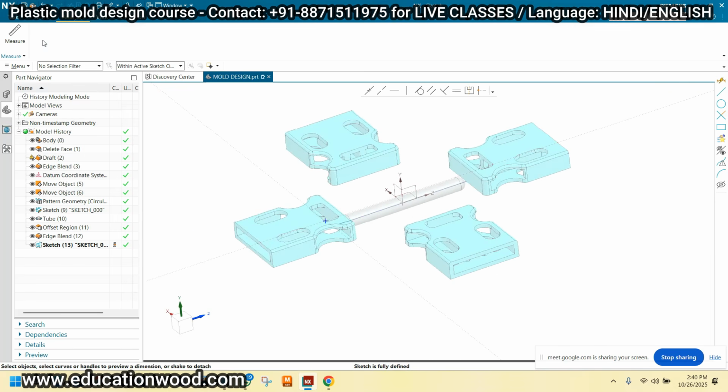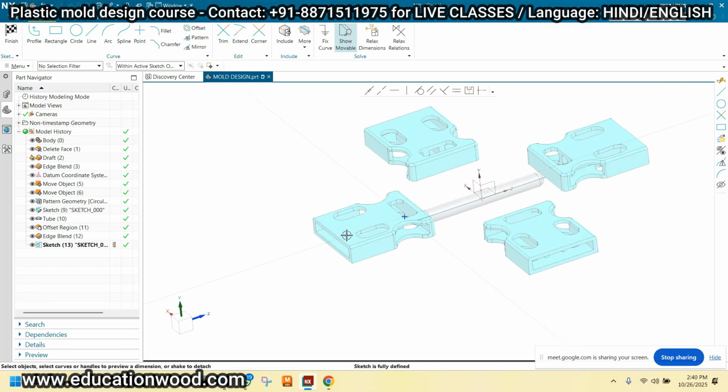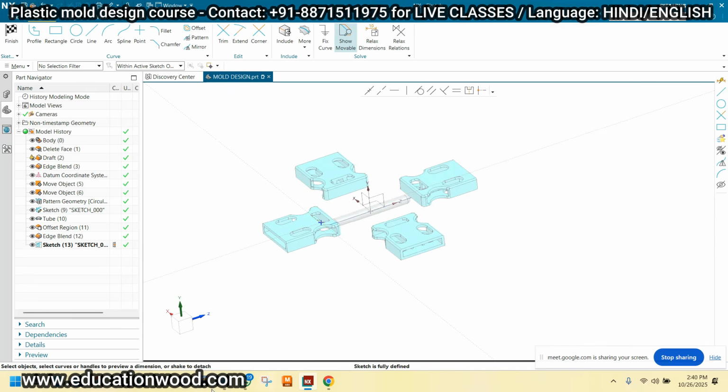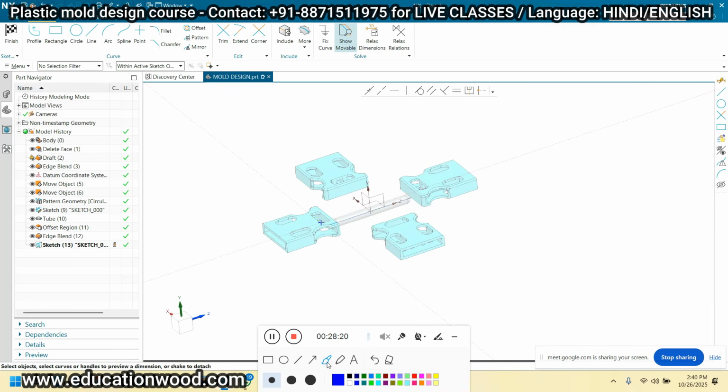Now, if 1.8 mm is the wall thickness, just calculate a few things. 1.8 multiplied by 0.7, which is for PP. Now, tell me what is the value? You will get the height, 1.26.